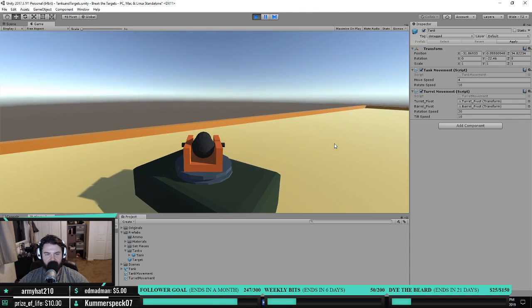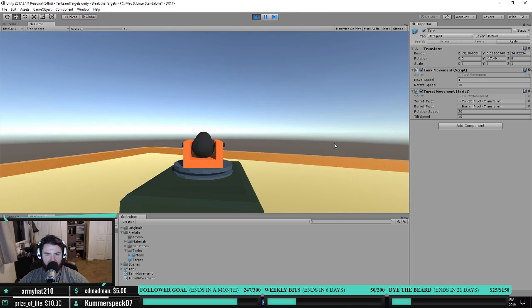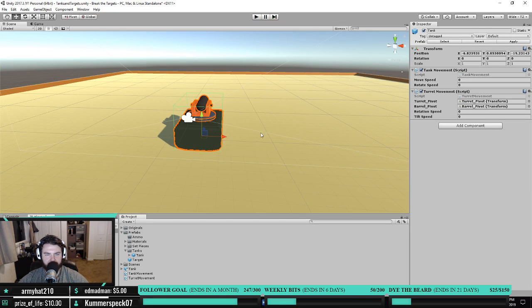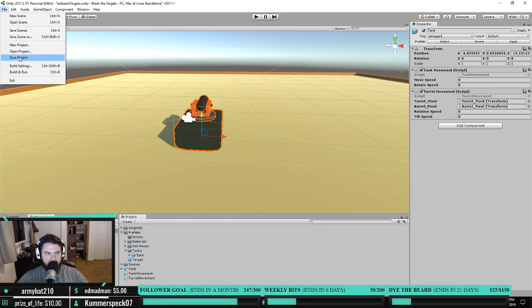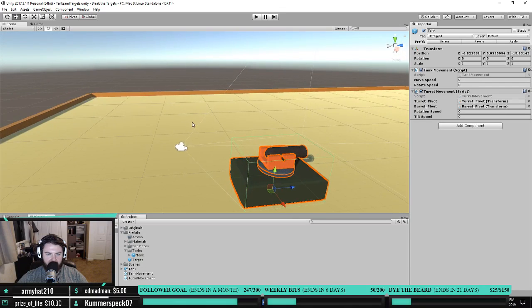Okay, so now what we can do is we're just going to have it create the cannon. Okay. So we've done a lot of good things. We've got a movement script. We have a turret movement script. It's rotating things the way it should rotate things, which is awesome. So we'll go ahead and make sure we save the project and save the scene. Okay. Now, the next part, we want to make sure that we can actually fire